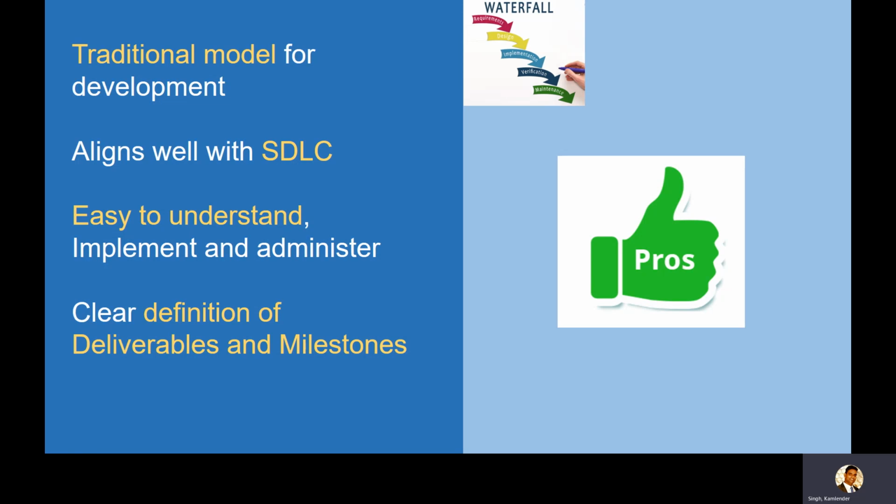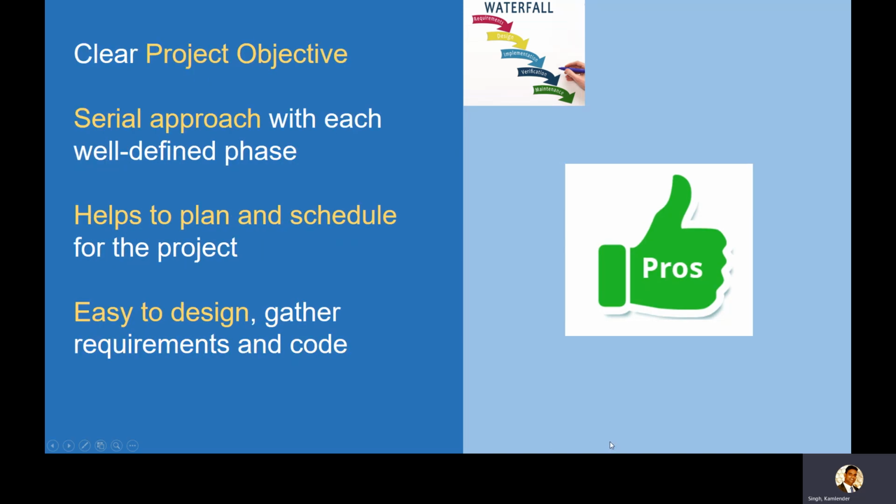We know that if the requirement phase is complete, the deliverables are the use case document, SRS, system requirement specification, and BRS, business requirement specification. Similarly, if design is complete, what are the clear milestones and the deliverables we have? We basically know about that completely. It has a clear project objective at the start of the project: a set of complete requirements which we need to achieve by this date, and everything from the project perspective is clearly defined.